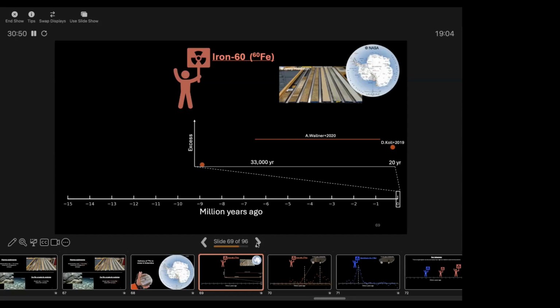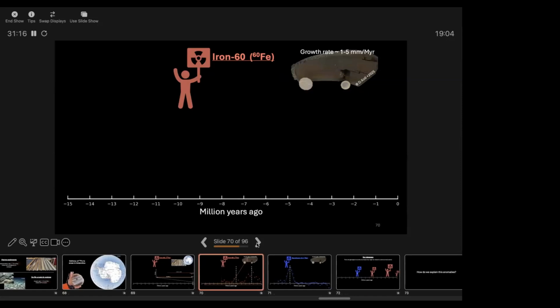So this is telling us that around 80,000 years ago, there was no iron 60. Then we probably were in a region where there was more iron 60, and that's why we see this excess. And we continue, and also now we see this iron 60. So we are still in a region where there is iron 60. And later I will guide you through the path of the sun and this excess that we see. But before doing that,